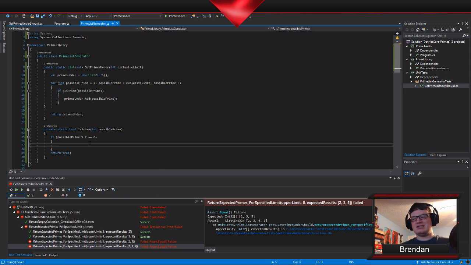So what this means is the modulus operator is basically, it tells it do a division and just return the remainder. So possible % 2 means take possible prime, divide by 2, get the result. So say it's 3. So it'd be 3 mod 2 is going to be 1, and say, does 1 equal 0? No, it doesn't, so it's going to return true, it's a prime. So right now, if I do a return false here, then this code is now going to claim that all odd numbers are prime and all even numbers are not. So this is going to break something, first off.